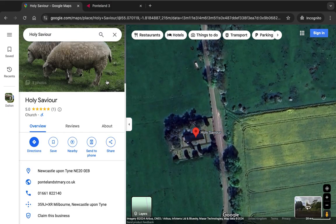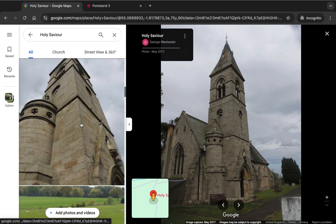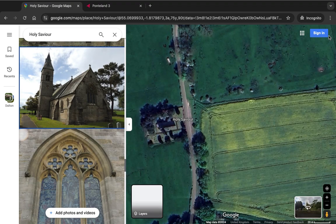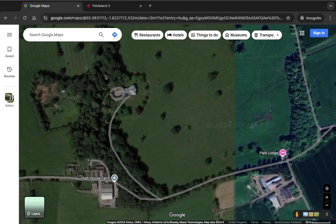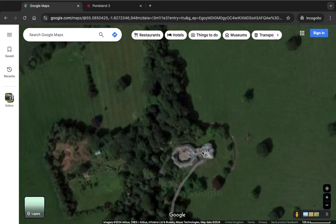Past this church, quite a nice looking church. See if there's any photos on here. There you go. Yeah, just out in the middle of nowhere, but very nice looking. And yeah, continue heading south, and you go through, I presume, the grounds of this